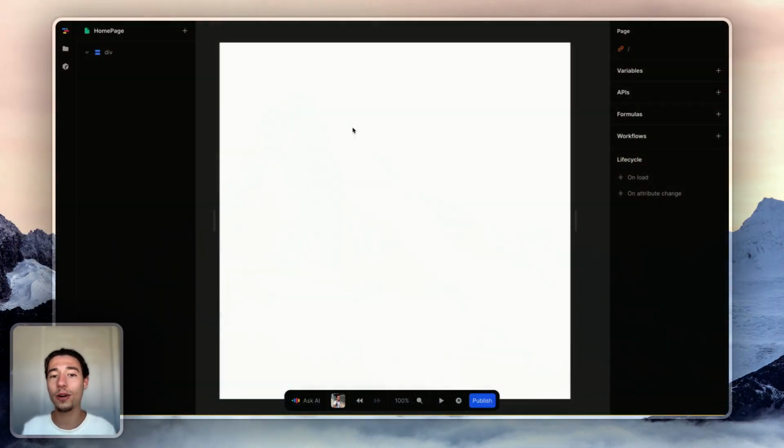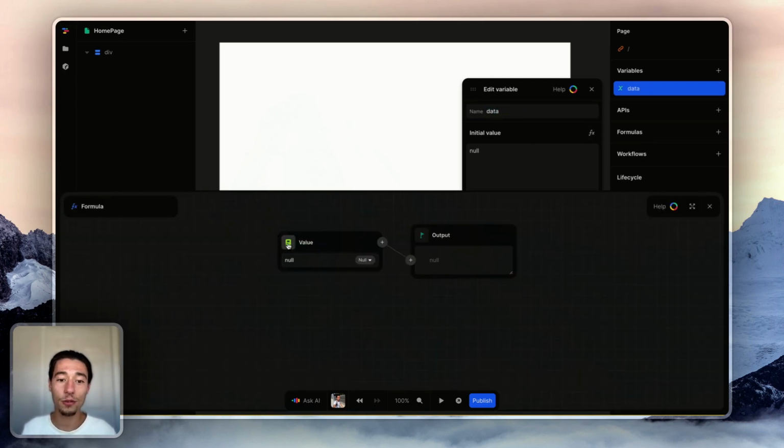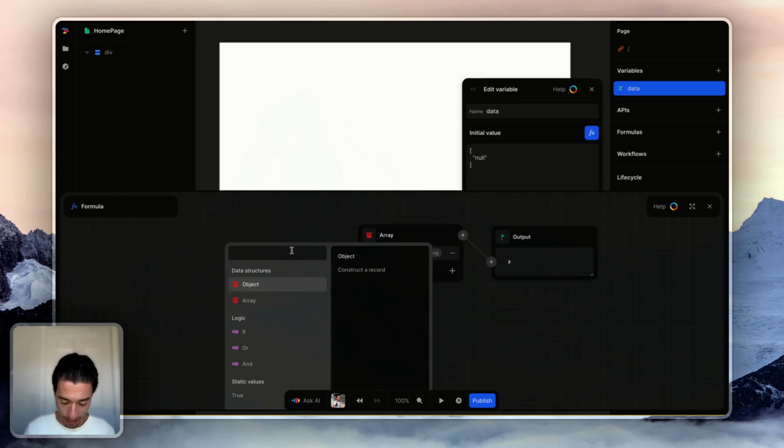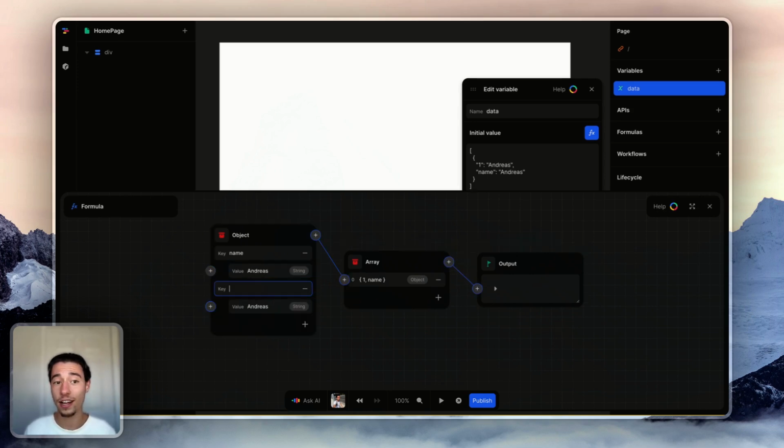So first of all, we want to create a variable with some test data that we may want to save. So let's go in here, go to variables. Now we'll call this data as an example. We'll go on fx and create an array here. We'll add objects in that array. Inside of here, the key will be name. This will be Andreas, and we'll just make a like in here. So we create a value called liked that will be, I gotta be careful now,